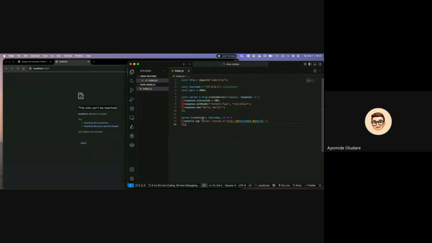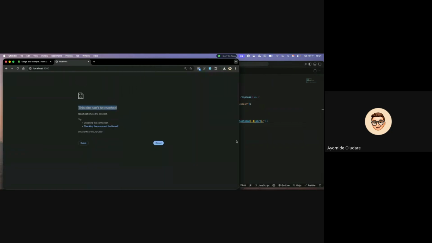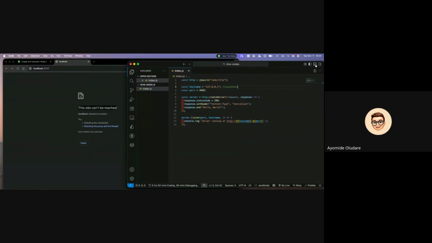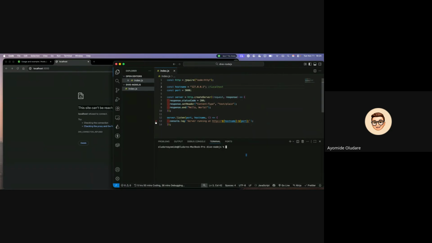So how do I start this index.js? Our usual way was to create an index.html file, if we want to run it on the browser. But this time we are not running on the browser, we want to run it in this system. So we'll open our terminal. The terminal is where you run some commands. And the first command we are going to run is node index.js. What this command means is that we want to use Node.js to execute this index.js file. And if I press enter, you can see we now have this console.log here, server running at HTTP,